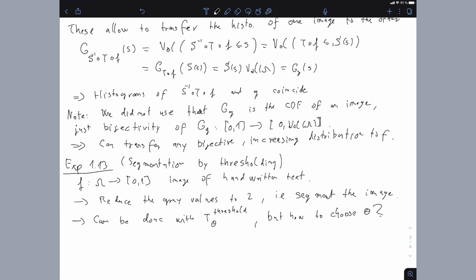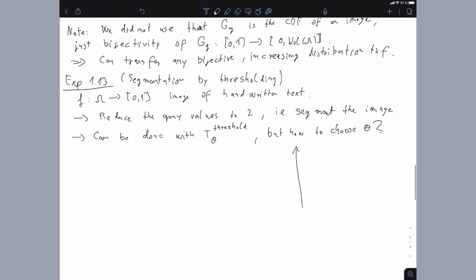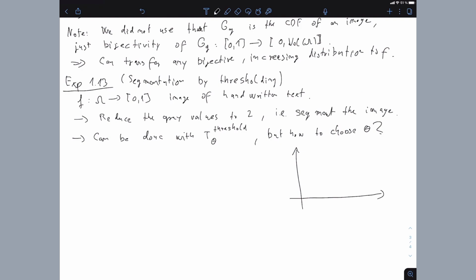Yeah, and to illustrate this, I'd like to start with the picture. If we think about this image of handwritten text, there will be a lot of background and there will be a lot of writing. So the histogram will have different peaks. The background has a much higher peak, and if I think now about my chalk on blackboard, so